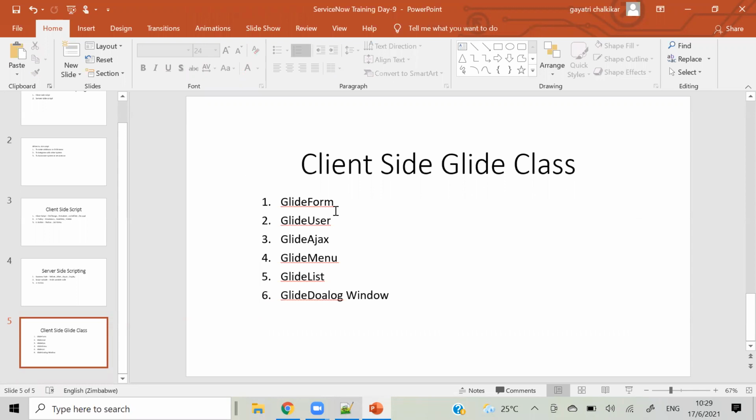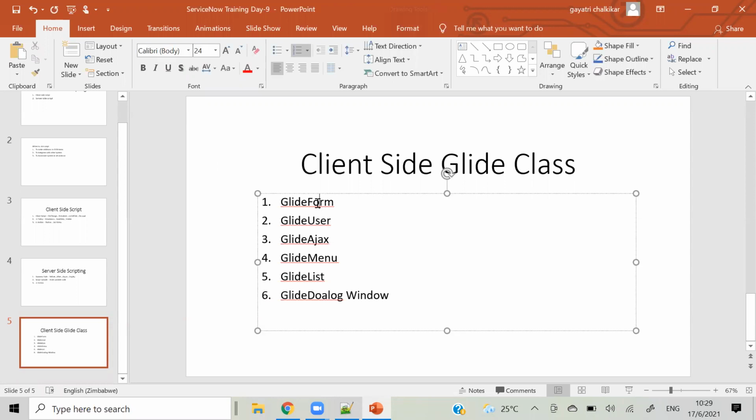So I will give one pointer explanation about each, because we will see this in detail when we are working practically. Okay. So first of all, these are client side. Client side means, as I told you, on change, on load, on submit, on cell edit, all those things. Inside those we will have some Glide classes, like Glide Form.